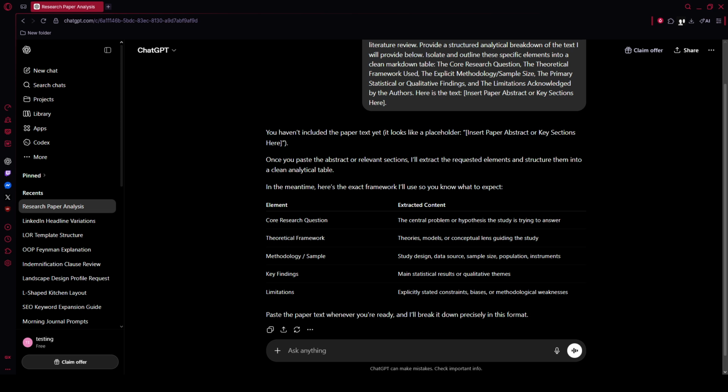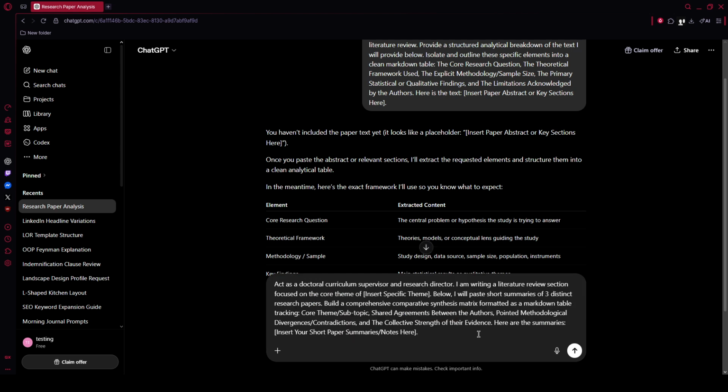Then move from summaries to synthesis with the comparative synthesis matrix. Paste in, act as a doctoral curriculum supervisor and research director. I am writing a literature review section focused on the core theme of insert specific theme. Below, I will paste short summaries of 3 distinct research papers. Build a comprehensive comparative synthesis matrix formatted as a markdown table tracking core